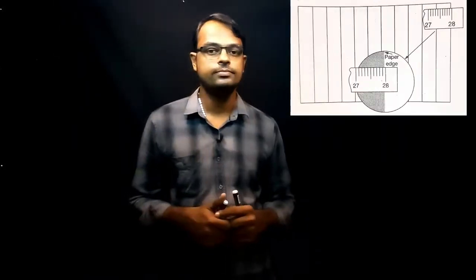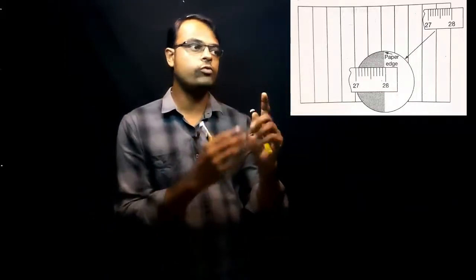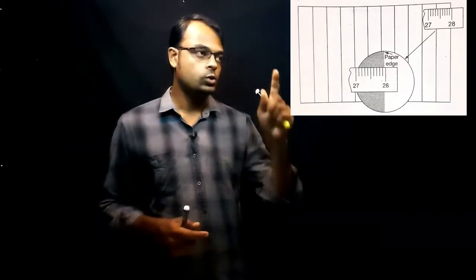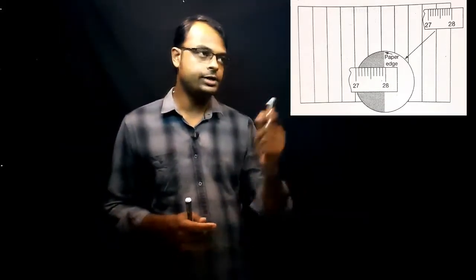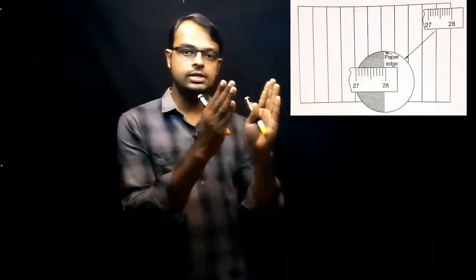Hi everyone. Today in this lesson, we are going to deal with the significant figure or significant digit. Just before defining what is meant by significant figure, let's check this figure. In this figure, we are going to measure the length of a sheet using a ruler. The ruler is kept exactly at the edge of the sheet here. What is the length that can be seen in this figure?